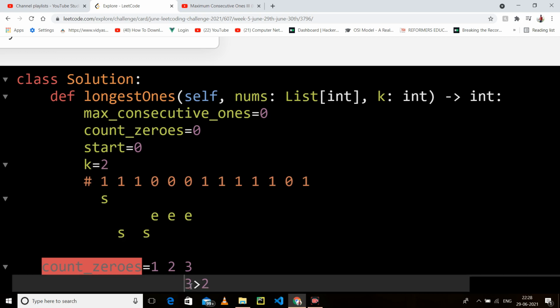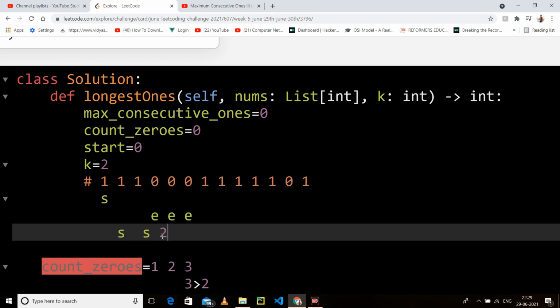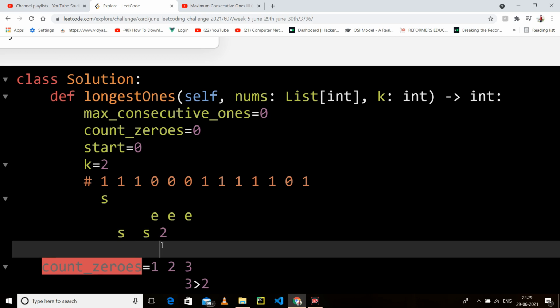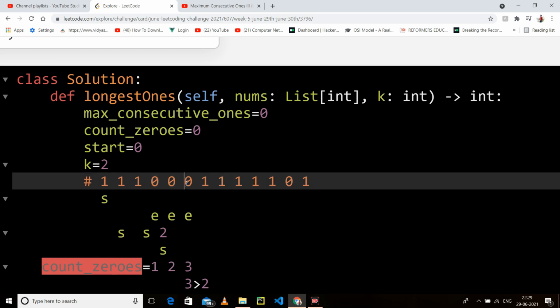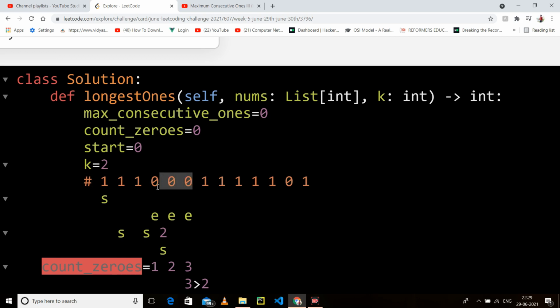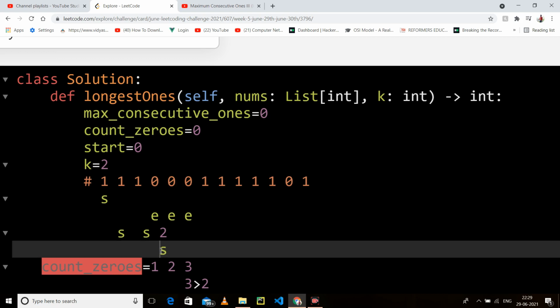Count of 0 is 3, now count of 0 is 2. So it has been decreased. Now our s will come here. Now s is here. So previously it was 3, now it has been 2.